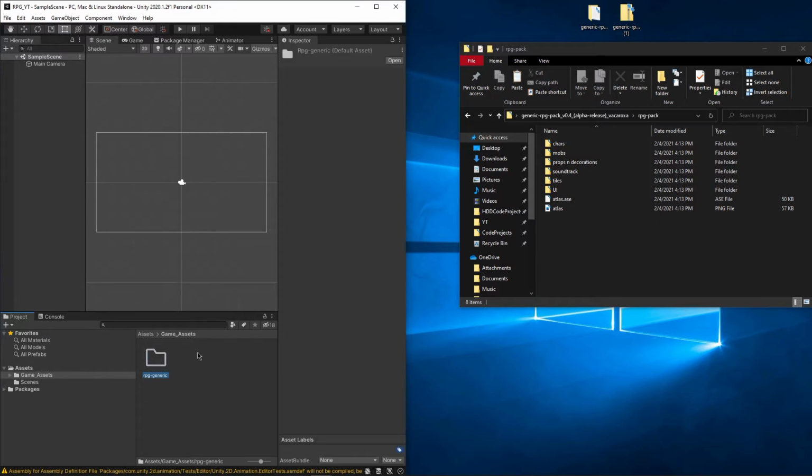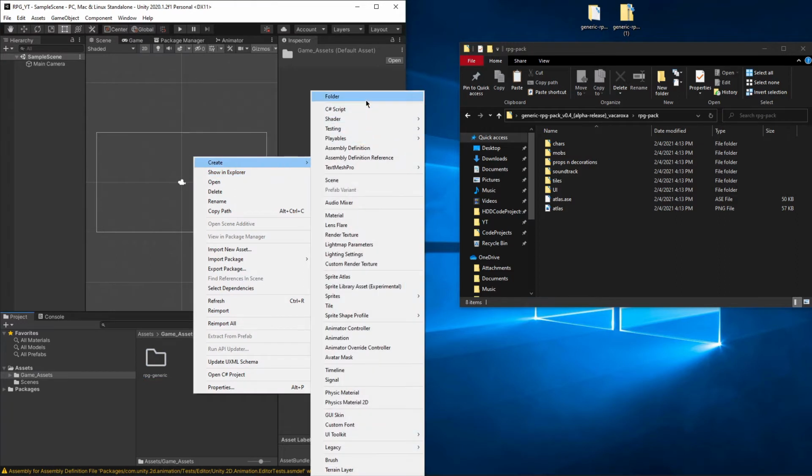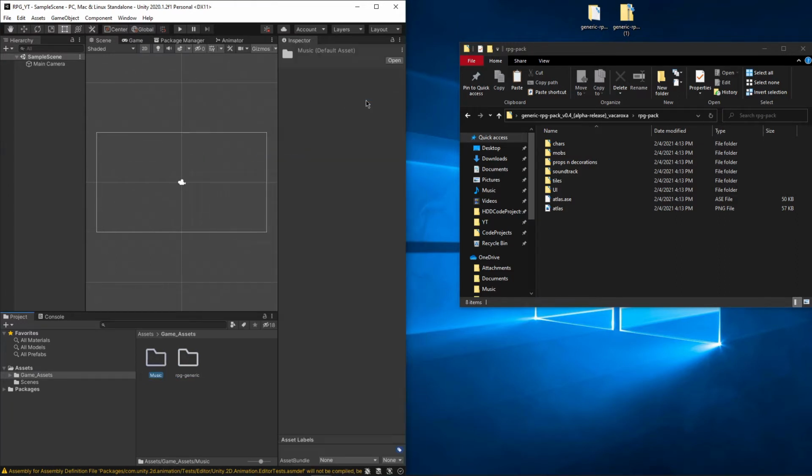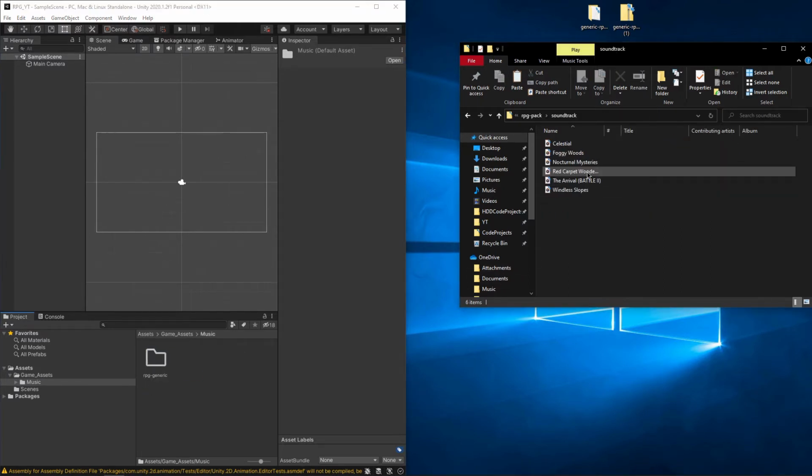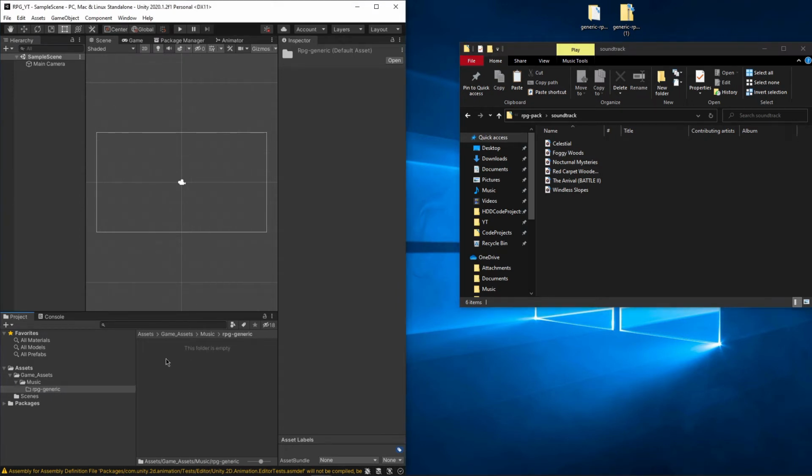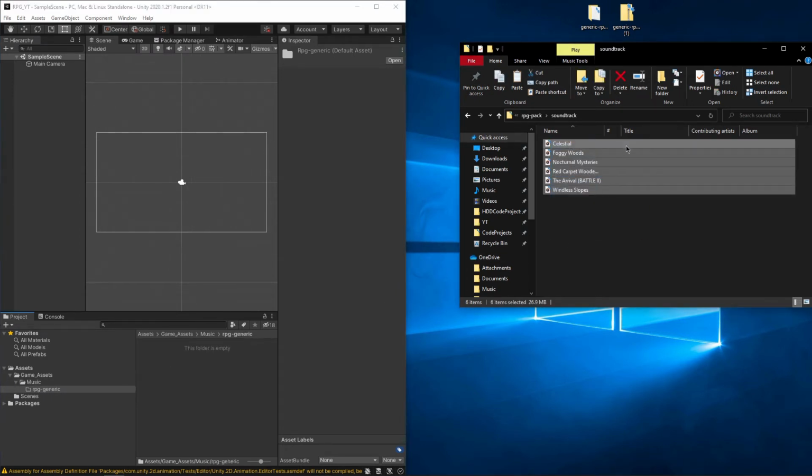folder right here. And I'm going to create another folder and call it music. So we want a place to put our music, which is separate from everything else, and we can do that by going inside the music folder, and then I put the RPG generic folder in there, and then we can just copy over all of the files, which should be loaded in. It might take a little while because these are music files which are a little bit larger,